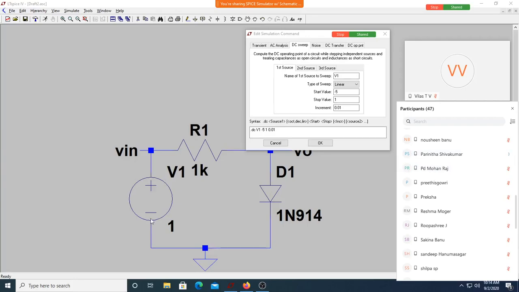What we have done in this particular program is we have rigged up a circuit with a resistor, a diode and a voltage source, and we are sweeping this voltage. The sweeping voltage is starting from -5 till a positive voltage, and the increment is 0.01. The sweep type is linear. If we click on this, these are the possible sweeps. You can make an octave sweep, you can make a decade sweep, and you can use a list. You can specify the values of the sweep voltage.